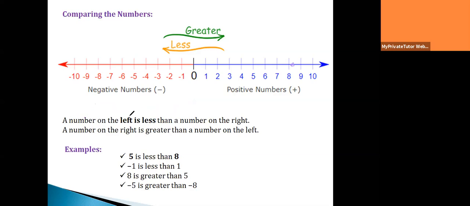And you can see some definitions. A number on the left is less than a number on the right. For example, if you take any two numbers, let's take -4 and 2. So -4 is obviously lesser than 2. -4 is a smaller number than 2. Which means if a number is on the left side of another number,